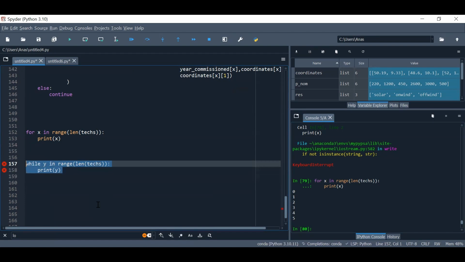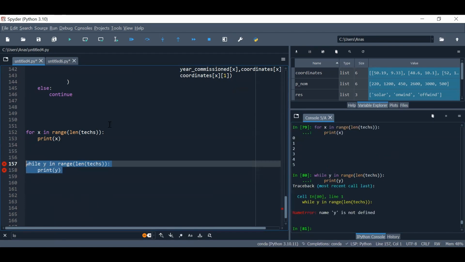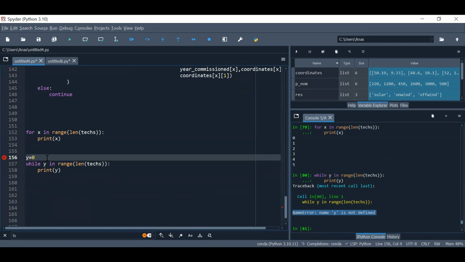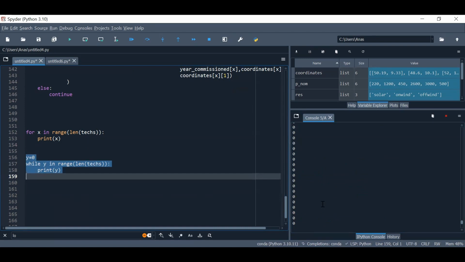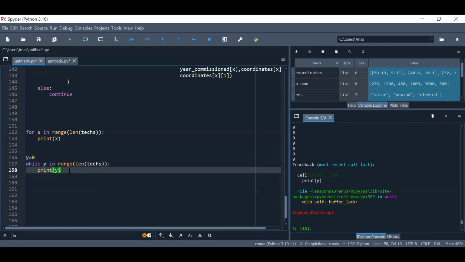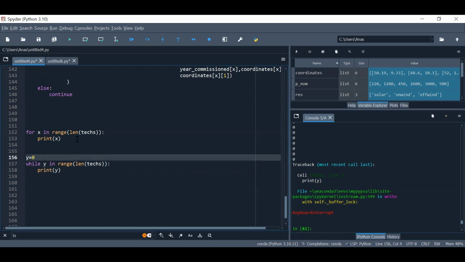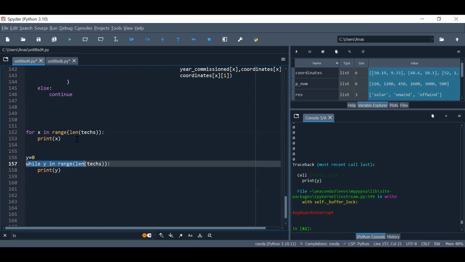The first thing that you will notice is that there is an error. What's this error? Y is not defined. So let's say y equals 0, and then print it. What you will see here is that it's an infinite loop. So you need to break it, either by pressing this button here or Control C. So you need to interrupt it. Why? Because we did not put anything to change this y. So y is 0. This while loop here did not change anything in y, and then we just say print